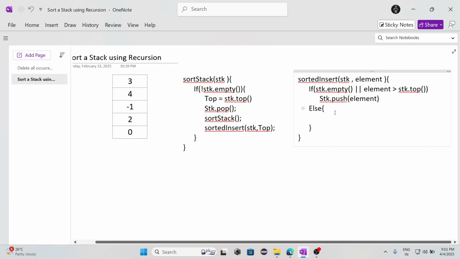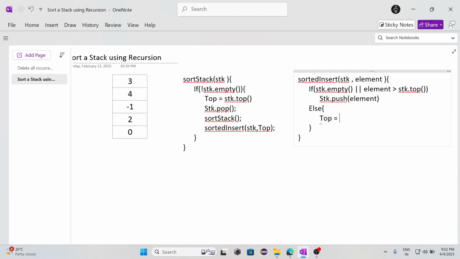First we'll remove the top element, okay. Top is equal to stk.top(), and then we will pop the same element, that is stk.pop(). After that, once the top element is popped from the stack, okay,